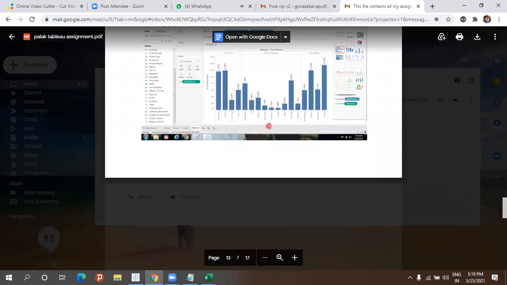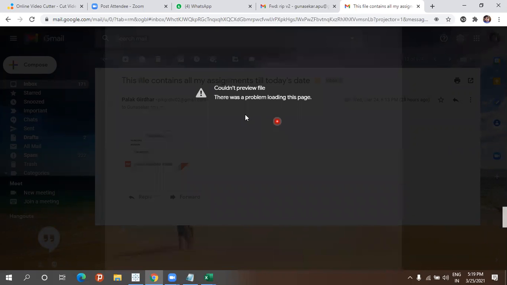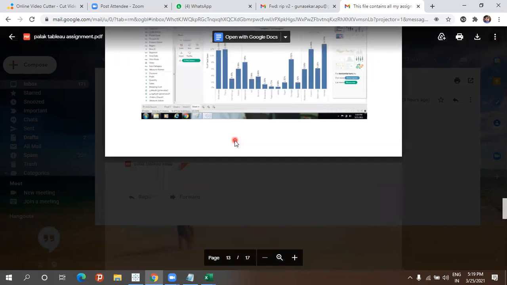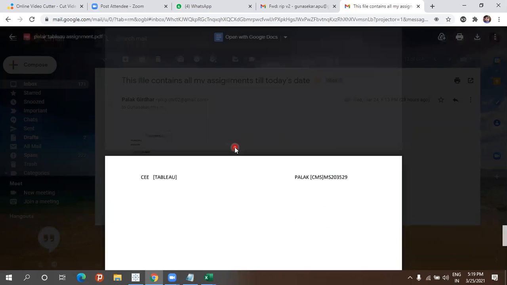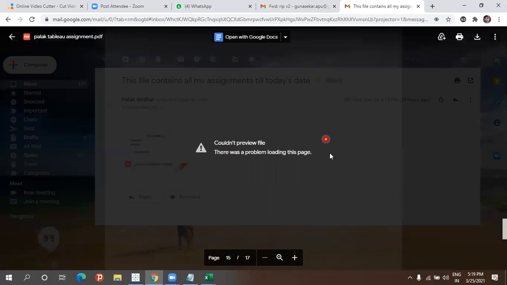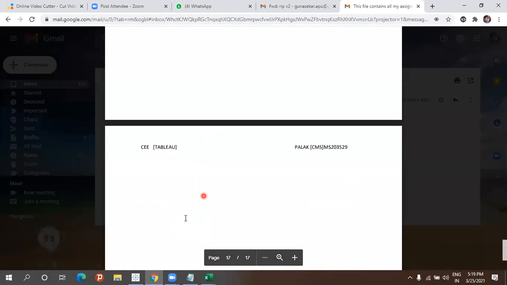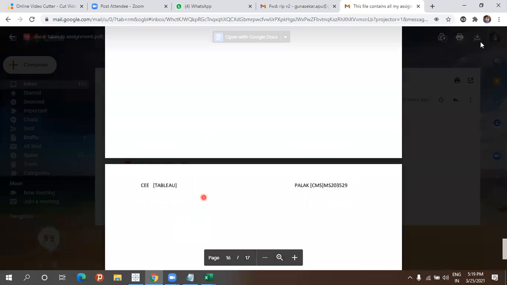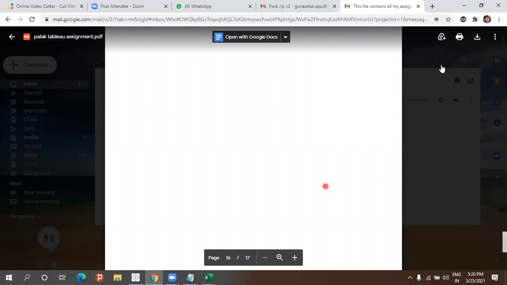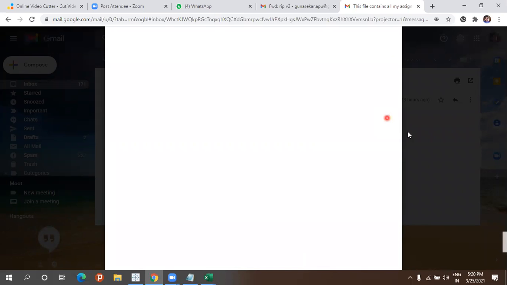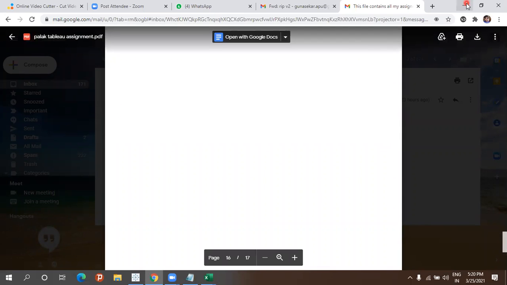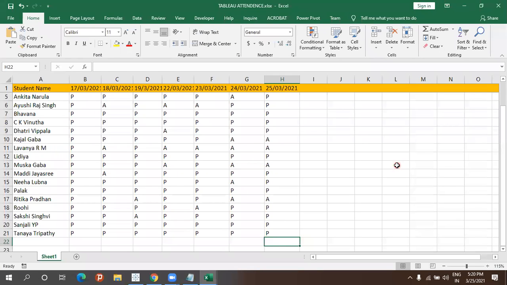Why couldn't I preview this page? This page has some problem. Just check. Actually, yesterday I was a little busy and couldn't check. I was out. So today I will check everyone's. Once I'm free, I'll complete checking everyone's assignments, and the assignments are also coming in very few.